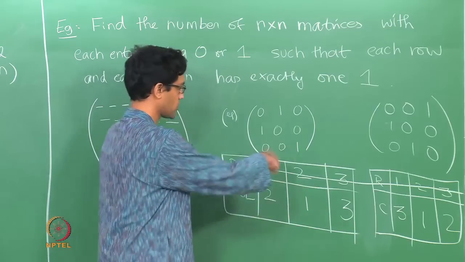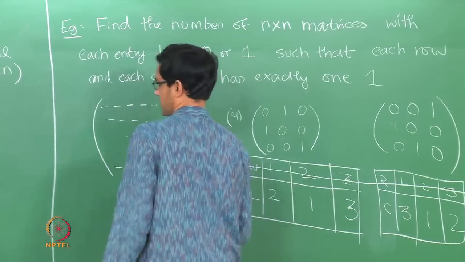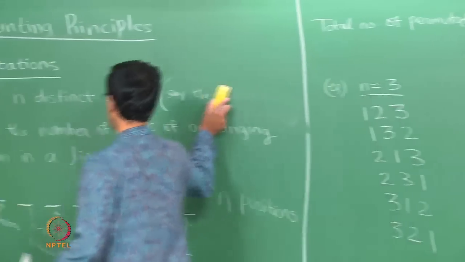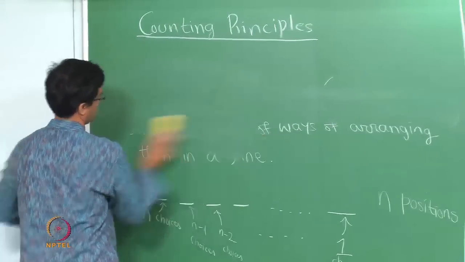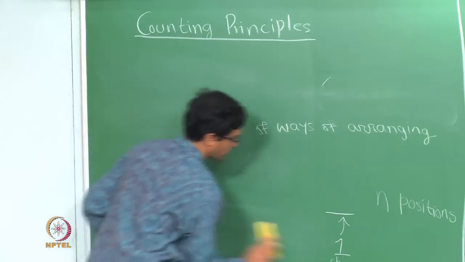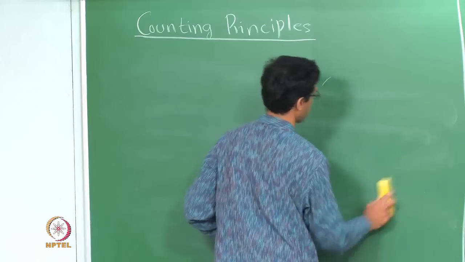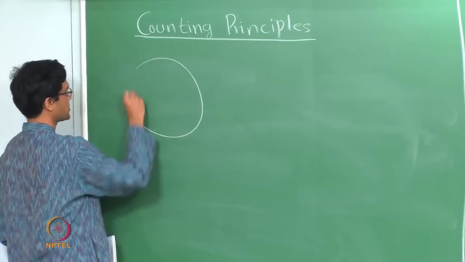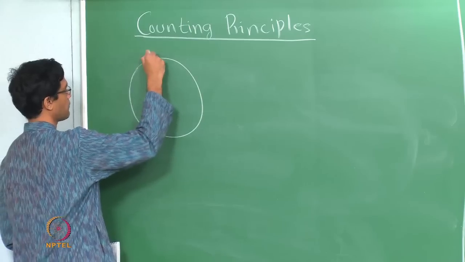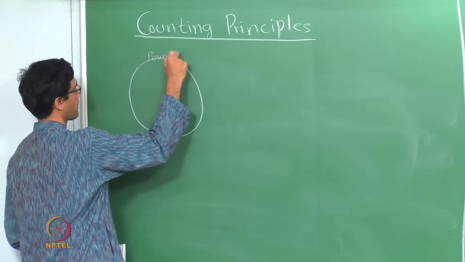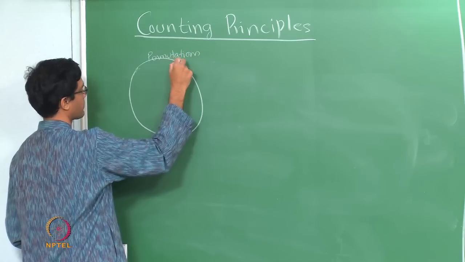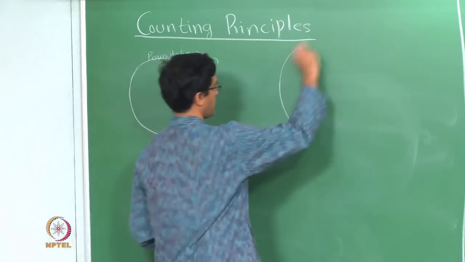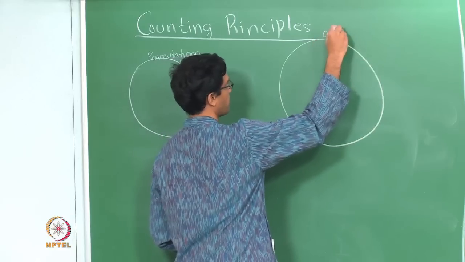Okay. So I hope it is clear, at least from this example, that the set of permutations and the set of 0 1 matrices have the same number of elements. Okay, and in fact there is a nice one to one correspondence between them. So let us just draw it schematically like this. You have the set of all permutations of the numbers 1, 2, 3 till n, and on the other hand you have the set consisting of 0, 1 matrices